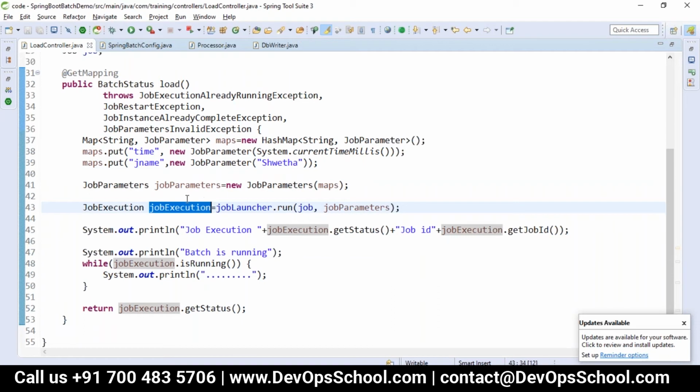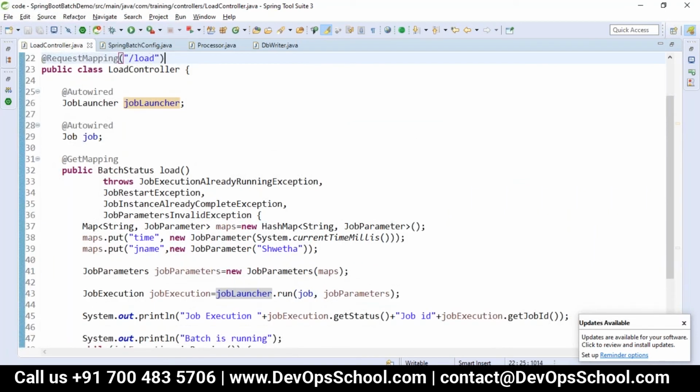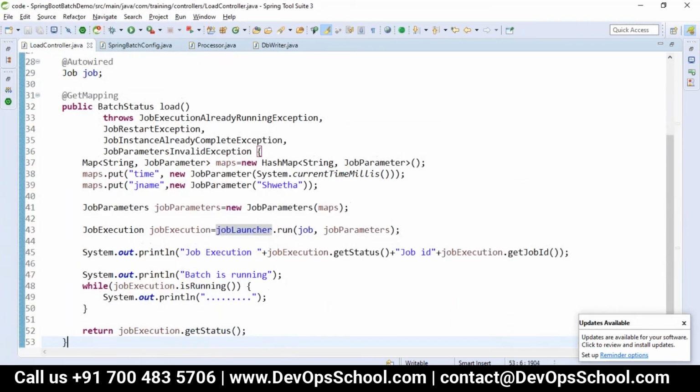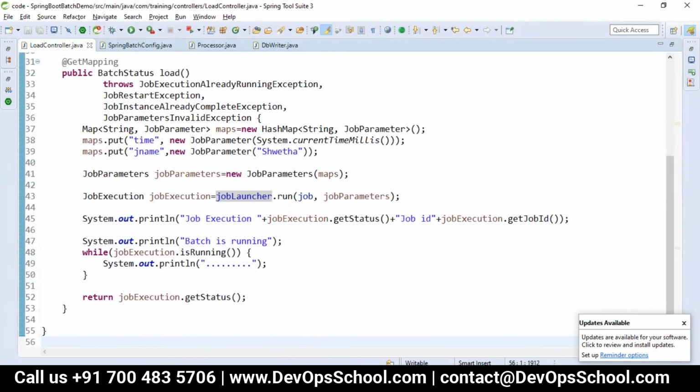The job execution should be started with a job launcher, so we have autowired here the job launcher. In the job launcher, this is the first point where you are starting your job. If you remember the diagram, from the job repository we are getting into the job launcher, which will start your job to execute it.